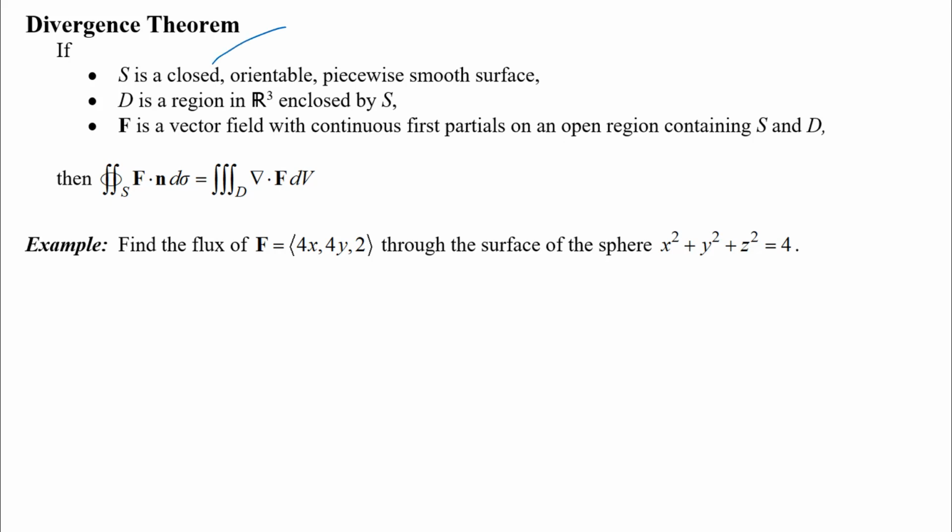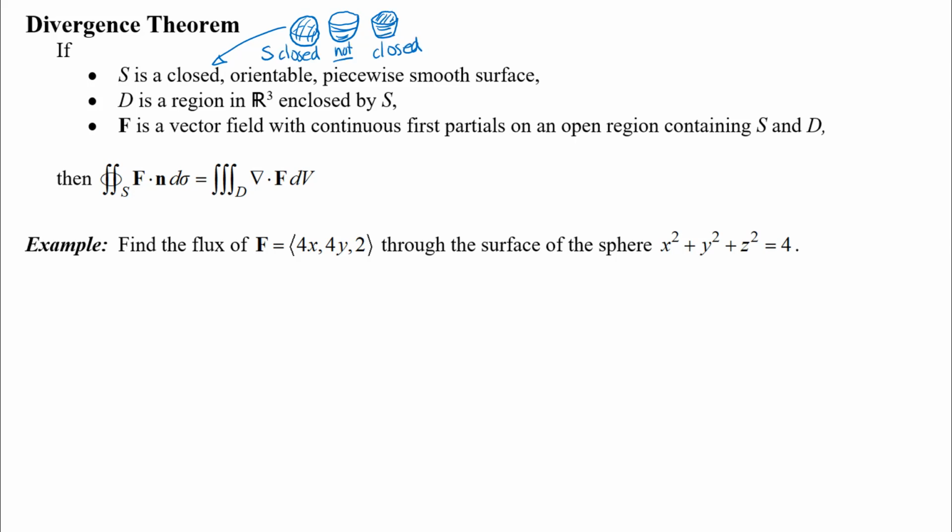So for a closed surface, we need the surface to enclose some kind of space inside of it. So like a sphere, for example, would be a closed surface, so that encloses a space inside that. A paraboloid without something on top would not be a closed surface. If I had a paraboloid and perhaps a plane forming the top of that, then I would have a closed